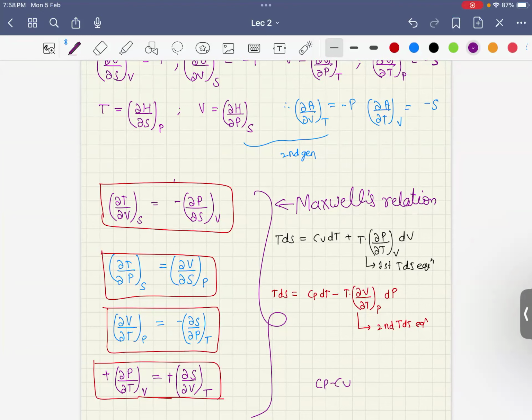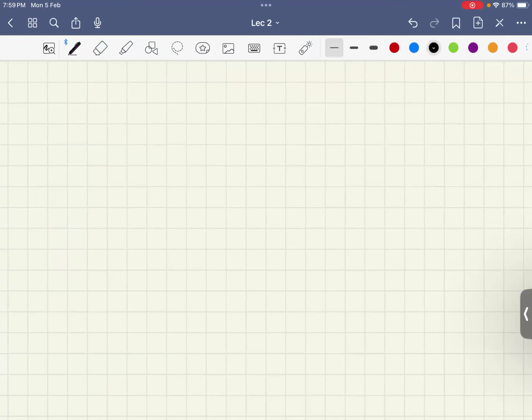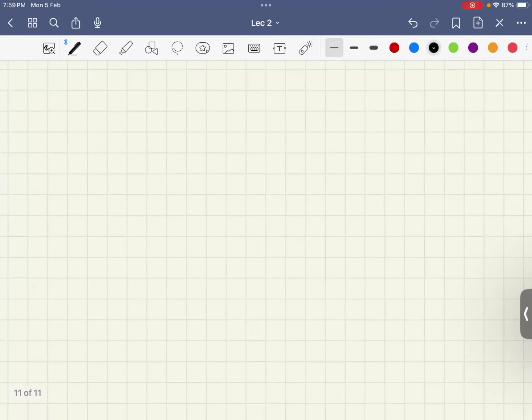Cp minus Cv. So we just take the difference of these two things. Let us do it. We subtract: TdS minus TdS. We need Cp minus Cv, so we do equation 2 minus equation 1. That is CpdT minus T into (∂V/∂T) at constant P, dP,